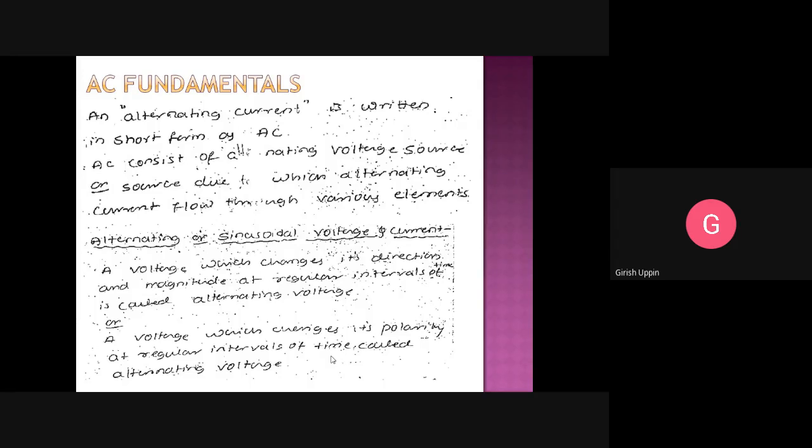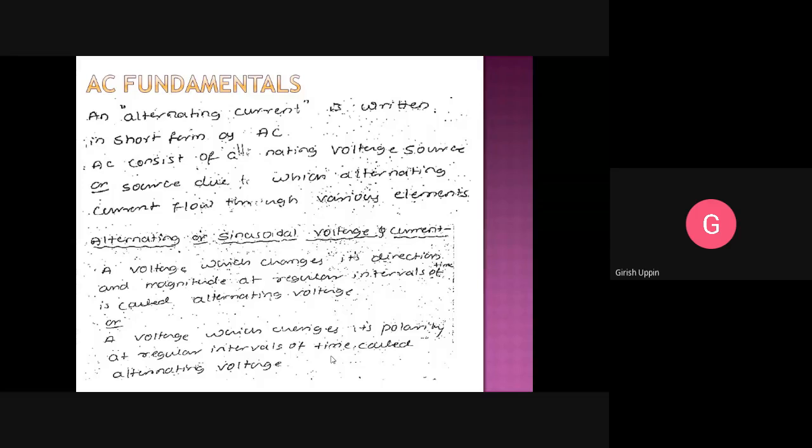What are the examples of the alternating quantity? Examples of the alternating quantity can be a square wave. Okay, in case of a square wave, we see the polarity will change at a regular interval of time, and the magnitude also changes from positive to negative. Or we can have a triangular wave. So triangular wave, its magnitude continuously changes, and with a regular interval of time its polarity changes, means its direction changes. And so there are many forms of the alternating current.